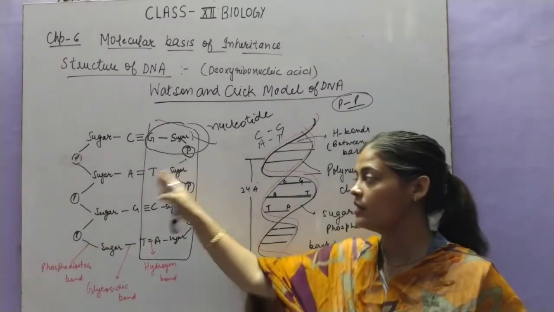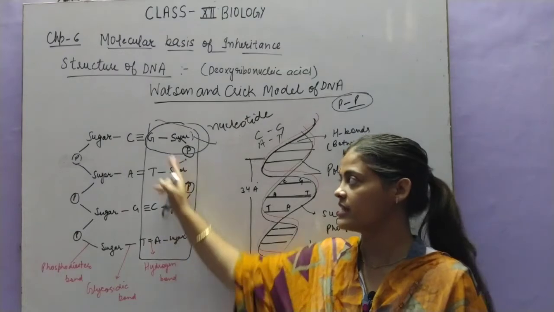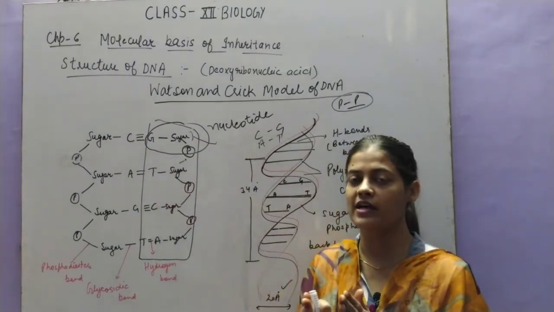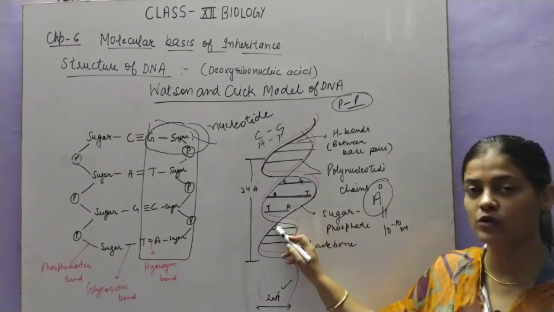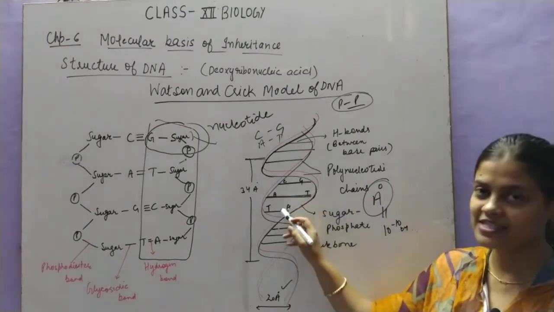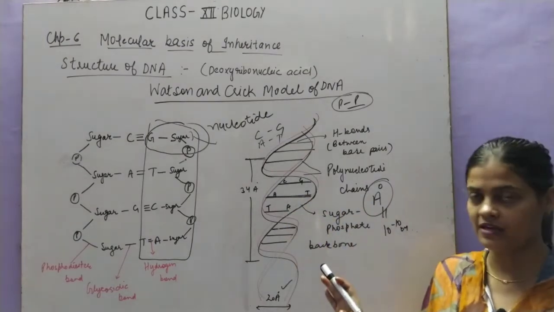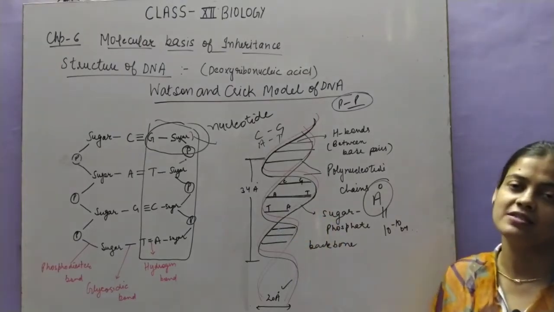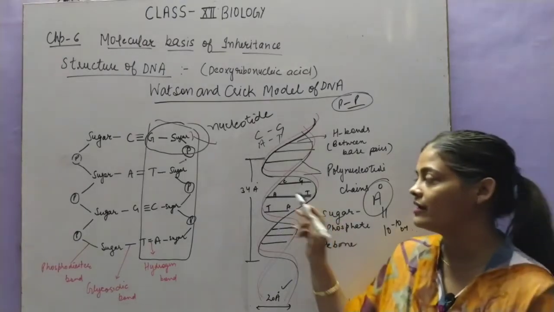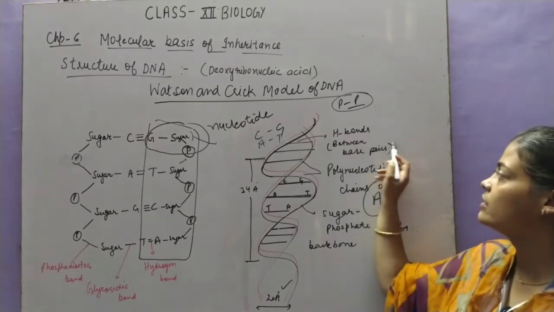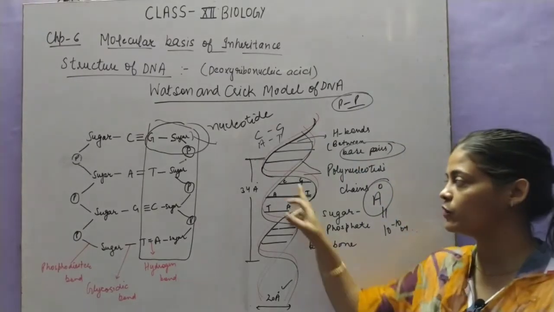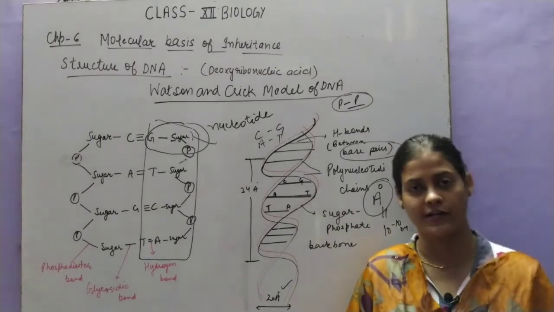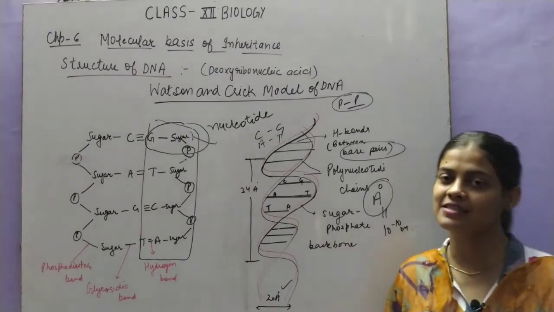So is it clear? These are the 2 polynucleotide chains, and nitrogenous bases are always towards the inner side, and sugar and phosphate will form the backbone of this chain. They are present in the center. Nitrogenous bases center में होते हैं और sugar और phosphate इसका backbone बनाते हैं, और इन nitrogenous bases को हम क्या बोलते हैं, base pairs. Clear? Why is it called base pairs? Because they pair up with each other and they are nitrogenous bases, so they are called base pairs.